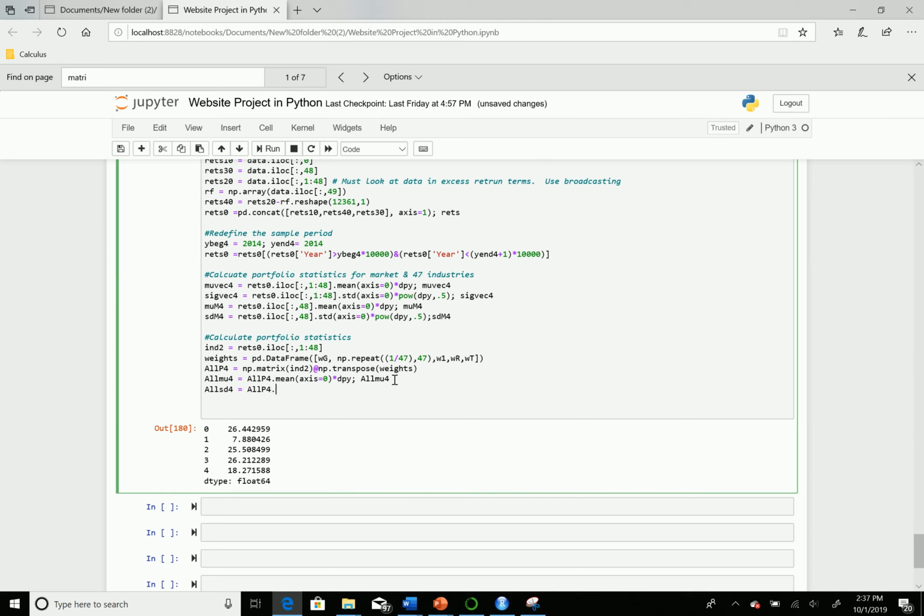And just the same process, now we're taking the standard deviation, setting the axis equal to 0, and then we're going to multiply it by the square root of the number of trading days per year. So we'll do DPY, and then we'll raise this to the power of 0.5 to take the square root. And if we populate this code,